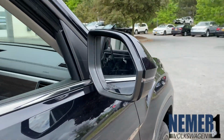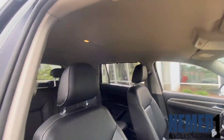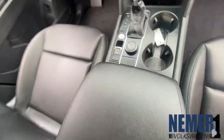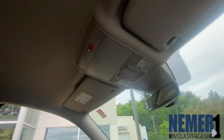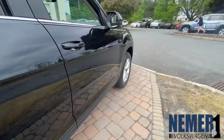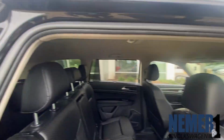Currently, we have this beautiful certified pre-owned 2019 Volkswagen Atlas SC with technology. This all-wheel drive SUV comes with a 3.6-liter VR6 FSI engine with an 8-speed automatic Tiptronic transmission with driver selectable modes. You get front and rear anti-roll bars with gas pressurized shock absorbers, ABS and driveline traction control with the